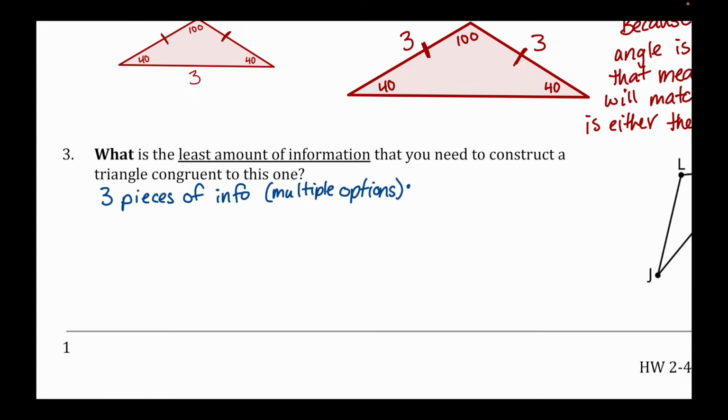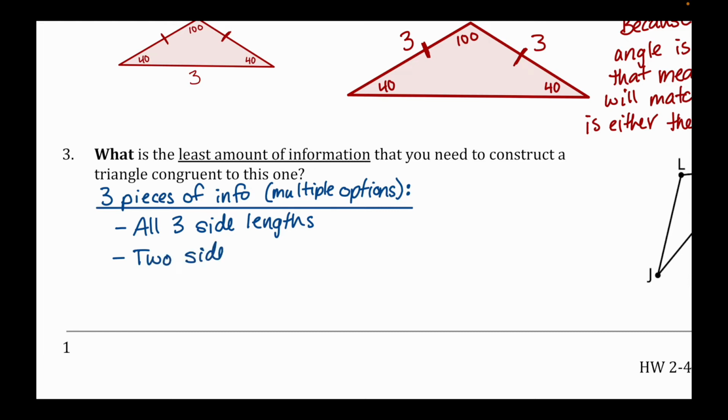So my options for these 3 pieces of information are knowing all 3 side lengths, or I could know 2 sides and the angle between, or we can say the included angle,